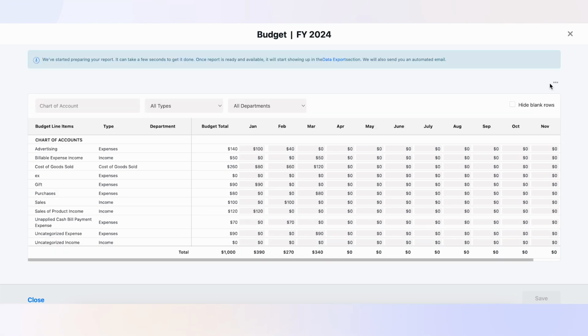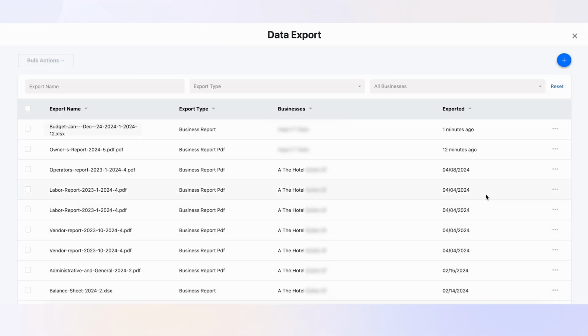A notification will appear informing you that an Excel file of the budget will be created in the Data Export section of Docket. Click on the Data Export link in the notification. When the Data Export page opens, click on the ellipsis menu located in front of the budget row and then